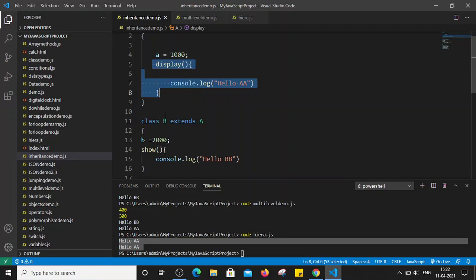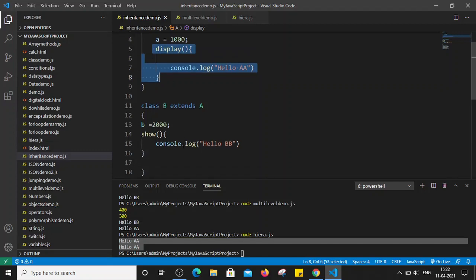But let's say I want to have one more display method in the child class, and that display method should have another implementation. That means the display method in the child class should have the same definition. When we say definition of a method, the name, type of arguments and number of arguments are going to be the same. So class B will also have the display method, but with a different implementation. The definition is going to be the same, but the body will be different. If we want such a scenario, we have to use the method overriding concept.